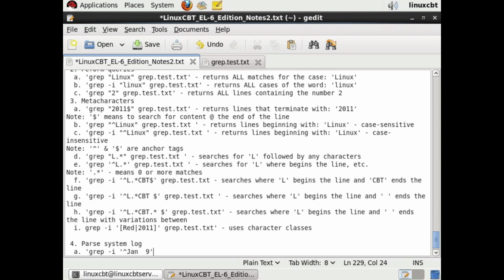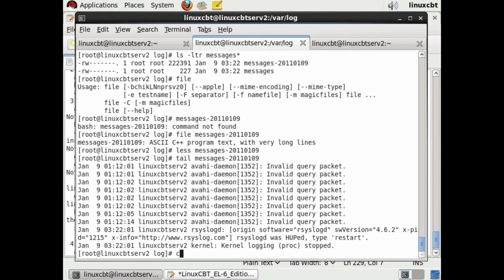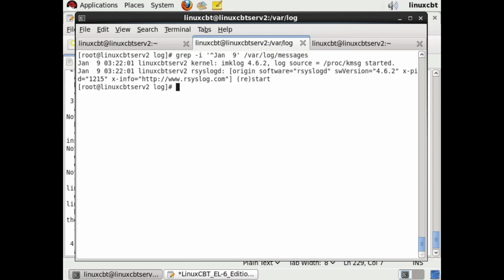And we know that 9 is the last section of the string, but it doesn't end the line. So let's grep January 9th from var log messages. Now, of course, this will dump all items pertaining to January 9th, not particularly any specific daemon options like kernel options, for example. So here are all the options from it, but we don't want from var log messages. We want from the other file,